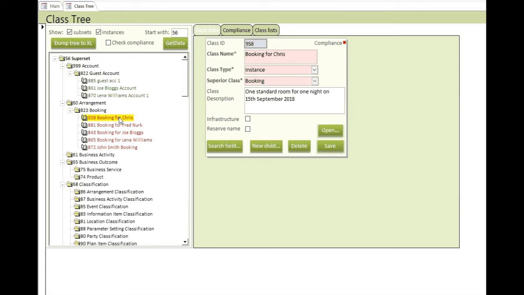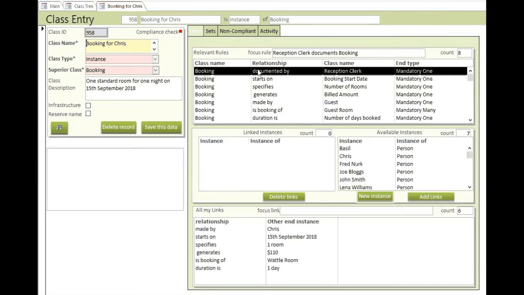Double-click on a red entry in the class tree to open the focal class screen. To satisfy the new rule, a reception clerk must be selected. Sybil has been hired as the reception clerk and a new class entry is required, and so select the Documented by Reception Clerk rule and click on the New Instance button,